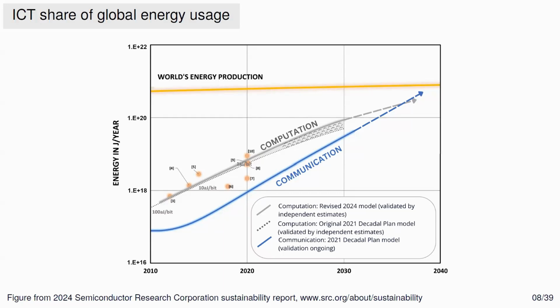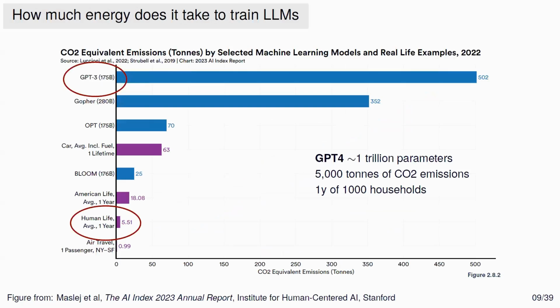So what people expect is that in 15 years, the global energy consumption will be impacted pretty significantly by computing. And just to place that in context, we were discussing at lunch with some of you about large language models. That's one prime example of demand for raw compute power. This is a slide from already 2 years ago, pretty much outdated now, to show you how much energy it takes to train some of these language models.